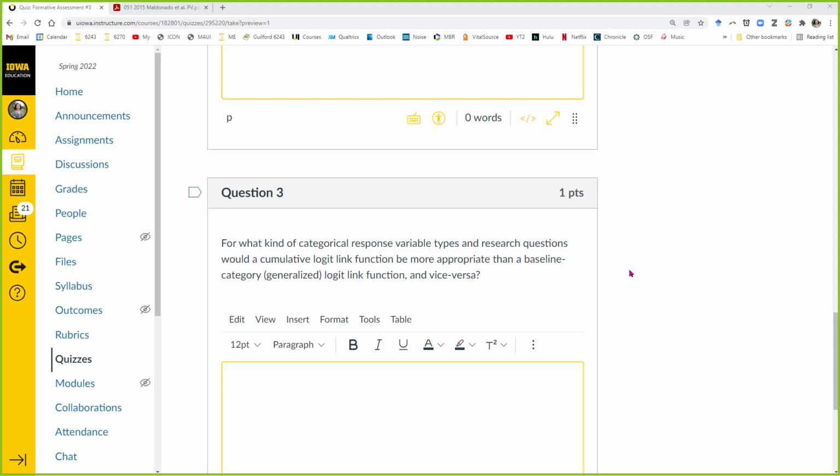And then adjacent category. So this is the one that's missing from here. That is the one where it's a binary submodel, but it's also conditional for only 2 response types in a given model. So it's 1 versus 2, 2 versus 3, 3 versus 4. So given that it was 1 or 2, what's the probability of 2 instead of 1? Given that it was 2 or 3, what's the probability of 3 instead of 2, and so forth. And that one to me makes the most sense. It is hardly ever used. That's the one that corresponds to a partial credit model because there's no assumption of ordering past each individual submodel.